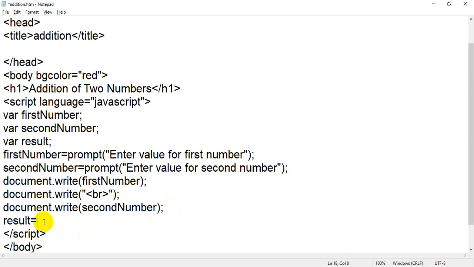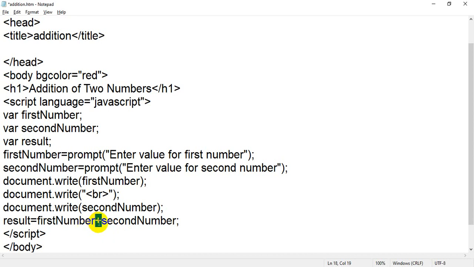So what is your first number? Your first number is this variable you have used. So first number, Control C, Control V, plus sign, then your second number, Control C and Control V. Now this is your first variable, this is your second variable, and this symbol is called the addition symbol, the plus symbol.